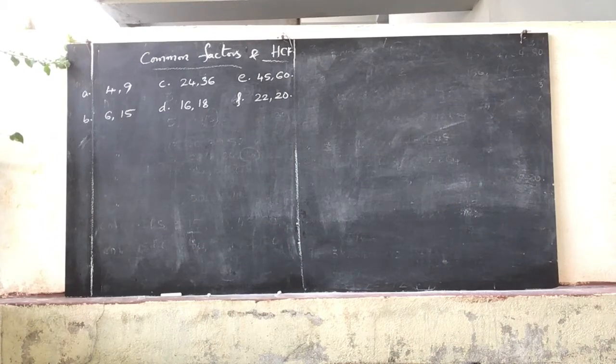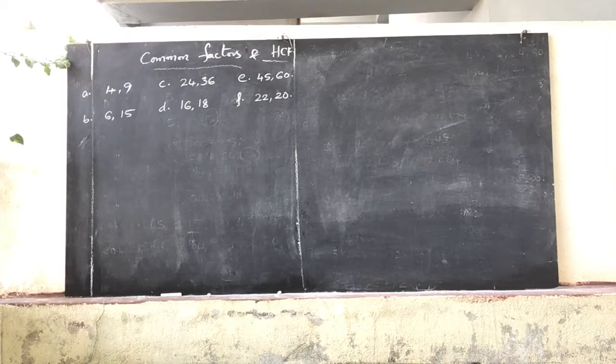Okay, let us see about the common factors. How to find out the common factors, and what is the least common factor and what is the highest common factor. The least common factor of every number is the number itself. That means the least common factor of one is a factor of every number. So the common factor of any two or more numbers also is one. One is a common factor of every number.